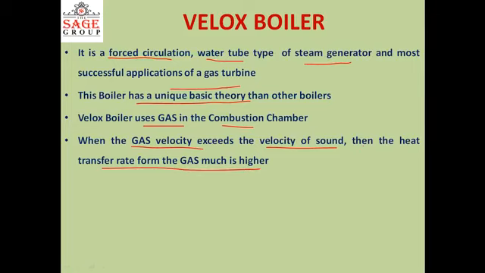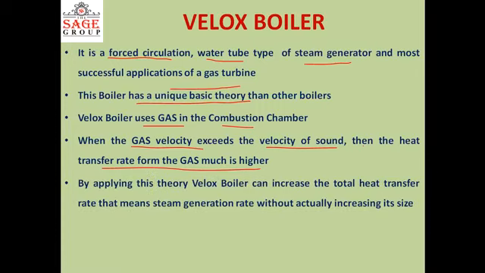If the velocity of gas is in the subsonic zone, there is a considerably lower rate of heat transfer. But when the gas velocity exceeds the velocity of sound, there is a considerable increase in the rate of heat transfer, and this principle is used in the Bellows boiler